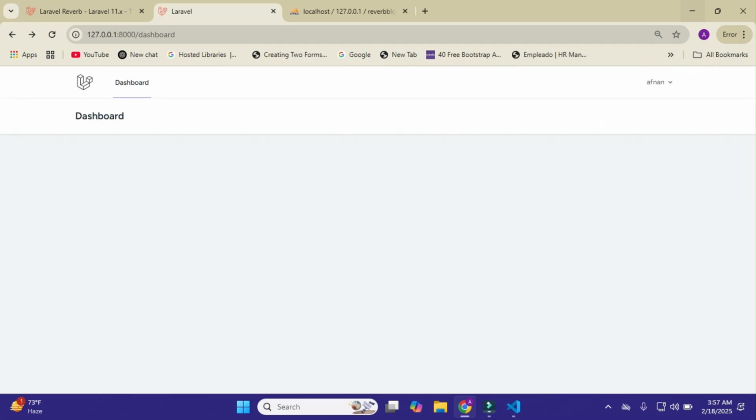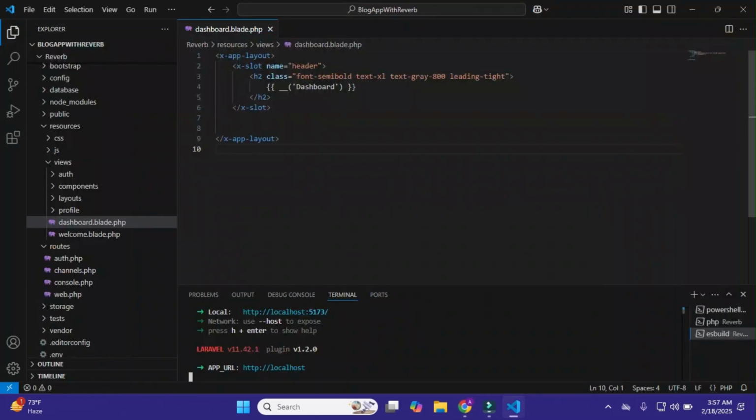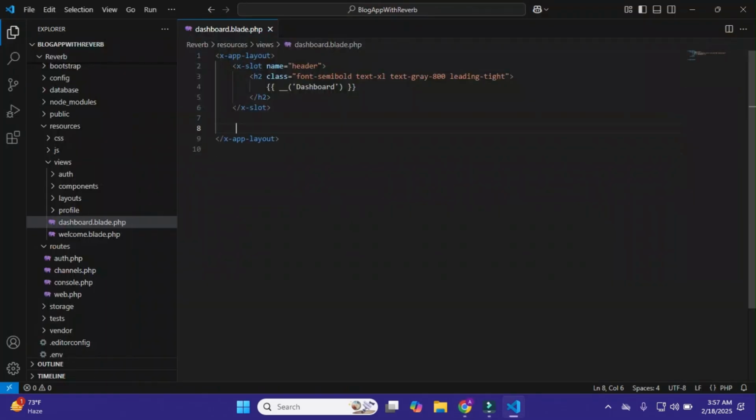And here it will remove this. Okay, so now I'll just simply close this and start writing code in it.